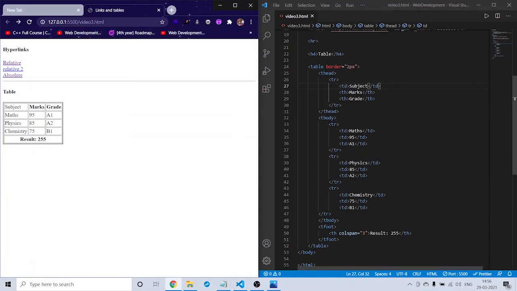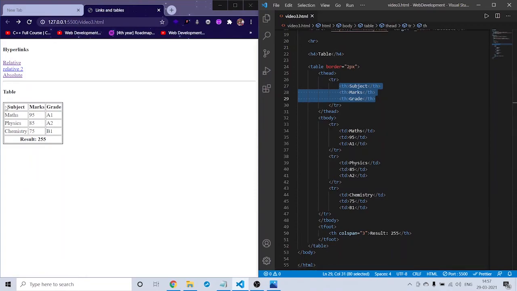See, as you gave here td, the subject got slightly in normal style, which is not that bold. So that's why in t head we give th for the styling purpose and for the interaction of the user here, as those are the headings. And in the th we gave the things which we want to show here, and the t head is completed.